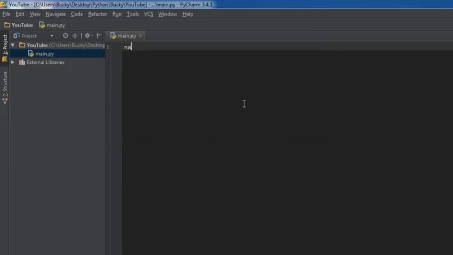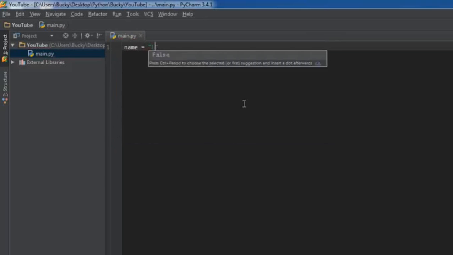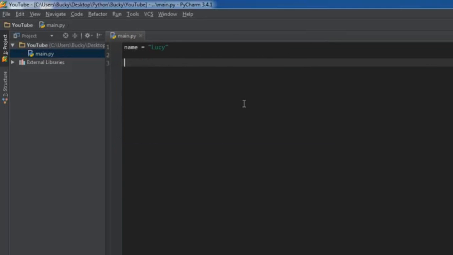So let's make a new variable called name. Hey, take it easy, caps lock. Name, and we'll set this equal to Lucy. So let's check if their name is Bucky or Lucy. How do we do that? Well, we already know how to check if name